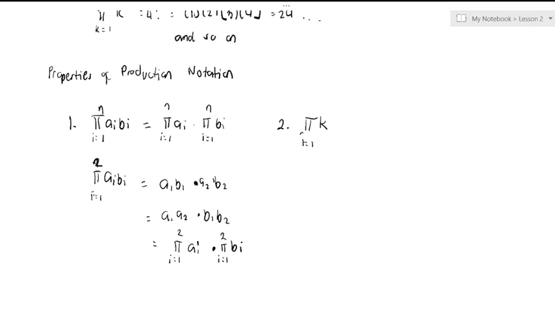So, sasadyain natin na yung index natin na ginamit ay I up to N. So, ibig sabihin, hindi ito nag-move. Palaging constant K lang siya. Okay, so K raised to N. So, anong pinagkaiba nito sa summation notation? So, dito, sa summation notation, pinag-multiply natin to. Okay, sa product notation, naging exponent kung upper limit. Okay, so, illustration,